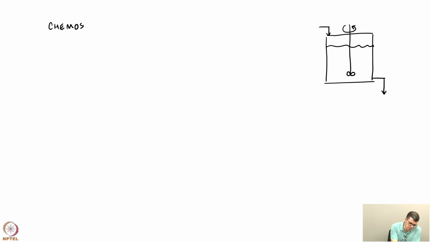So, the model that we are going to do today is going to be involved with capturing growth in a chemostat. Let me just describe a chemostat once again. This is what is called a chemostat. So, this is a tank with volume capital V. This is the volume of liquid that is present in the tank. This is stirred,